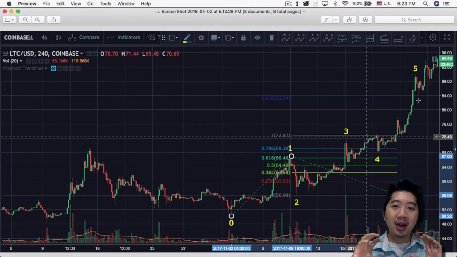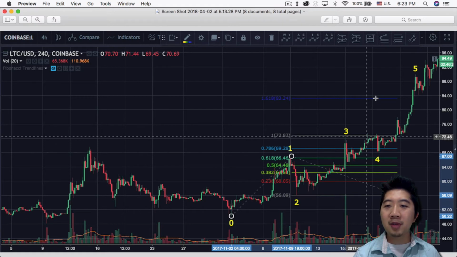A lot of times, according to Philakone, you want to take profits on a more conservative side. He draws a green box around here, and you want to start taking profit around that range. Just make sure that in case wave 5 doesn't hit the 1.618 extension, you're still taking profits. And the other thing he does is, once it goes up that much, the next thing he expects is for